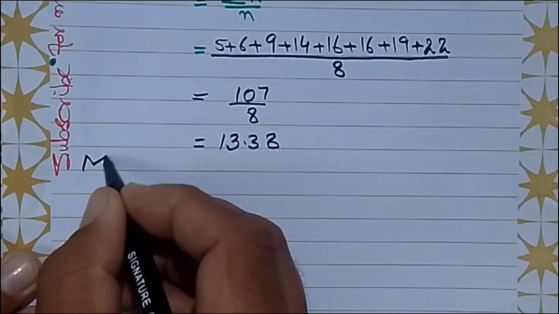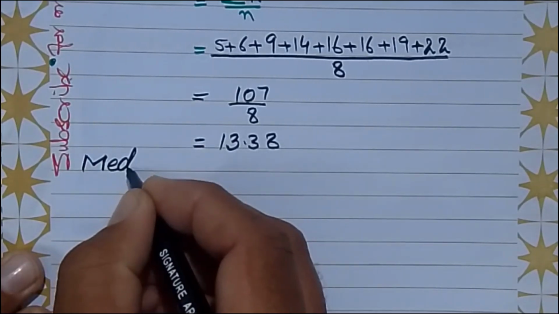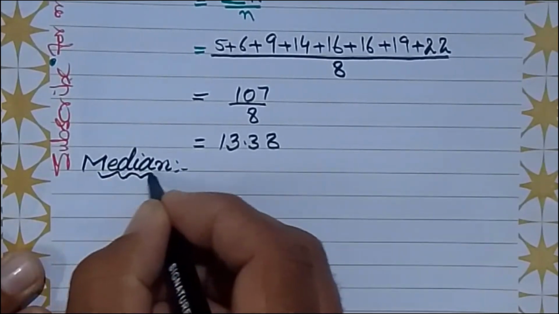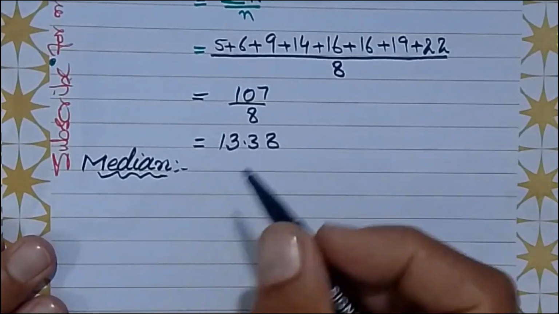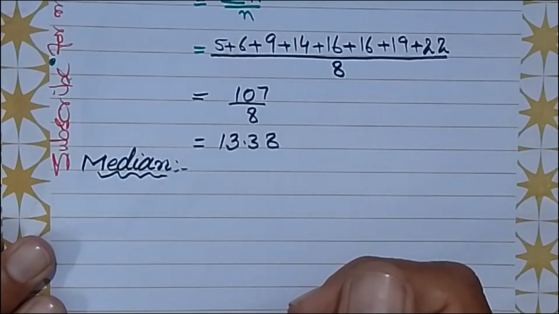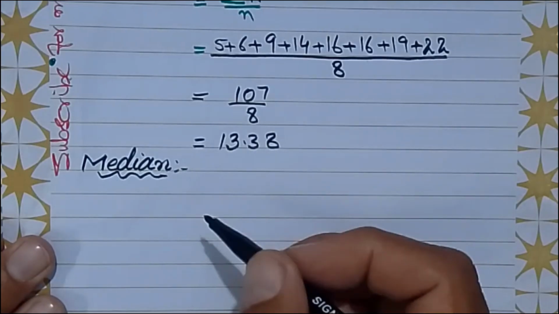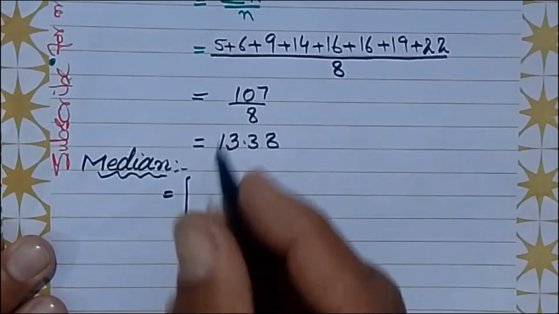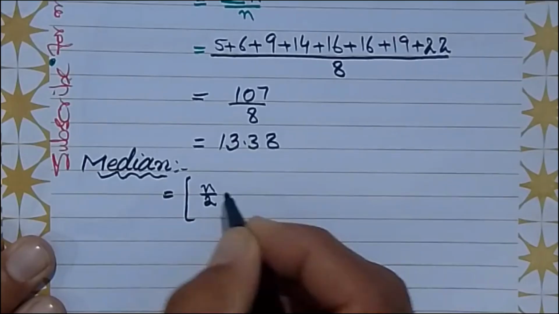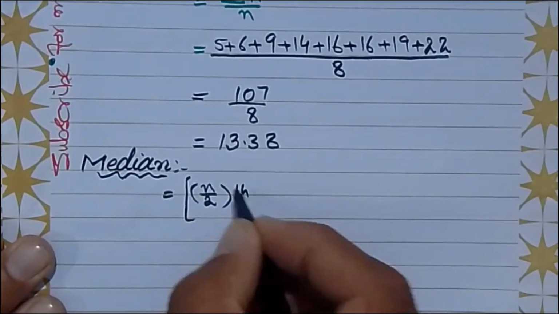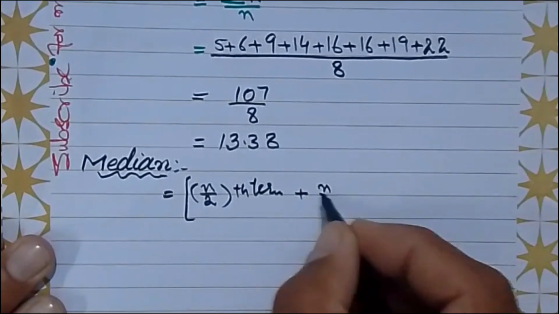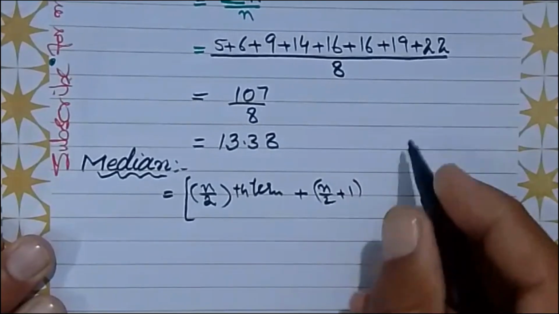the median. Median. The number of terms is 8. Therefore, I use the formula for even numbers to find the median. Here the median is equal to the n by 2 term plus the n by 2 plus 1 term